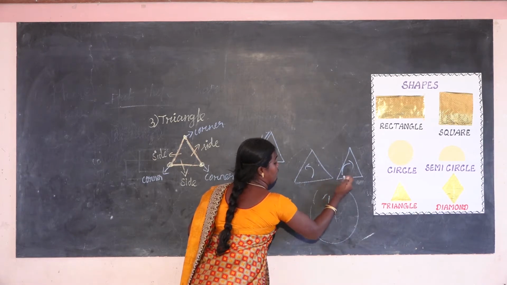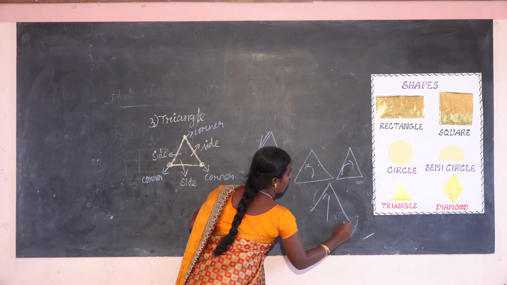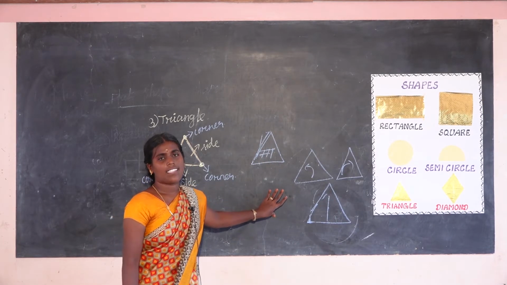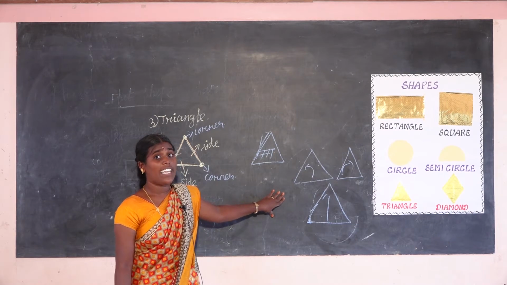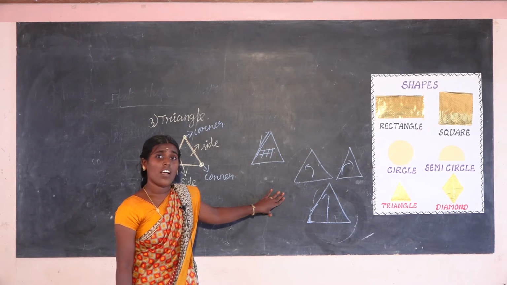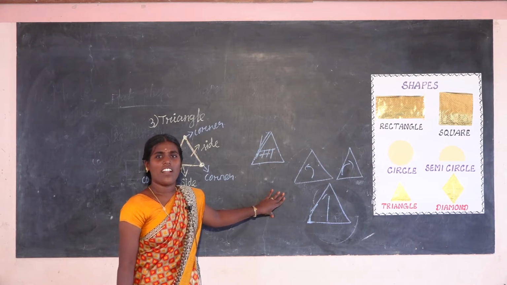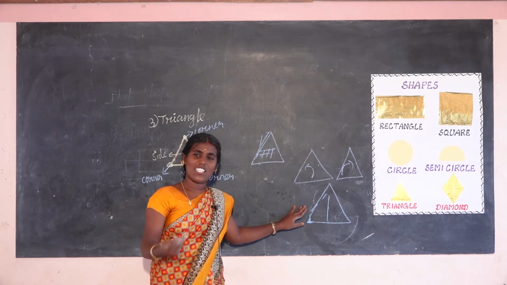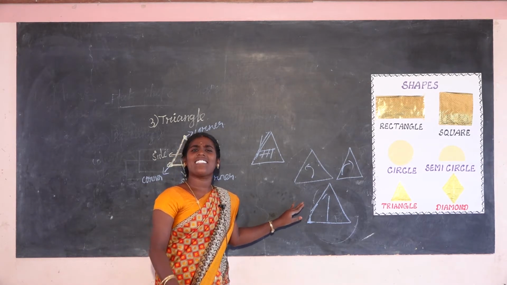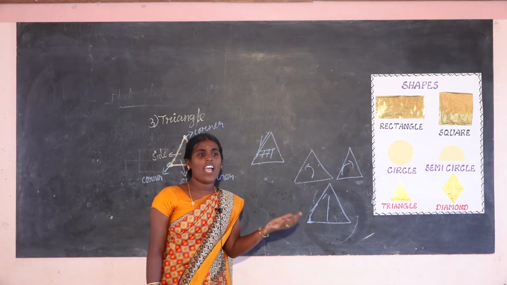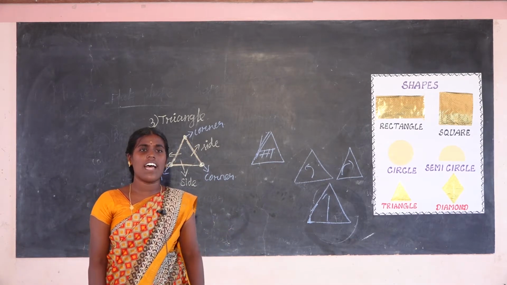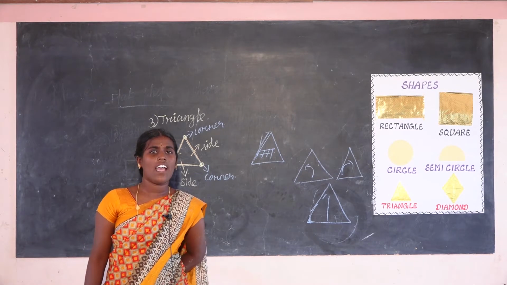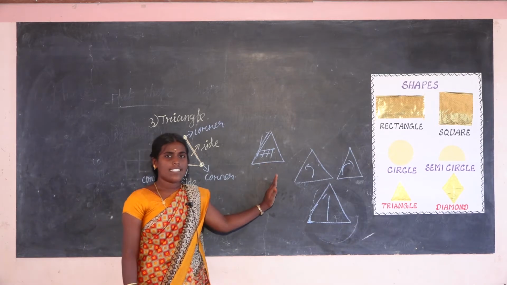These are triangle shapes only, using the traffic signs also. Then everyone likes pizza. What shape is pizza? The same, triangle. Everyone likes samosa in the canteen. What shape is that? That is triangle shape. So many objects are triangle shapes. You identify 10 objects and write in your notebook for the triangle.